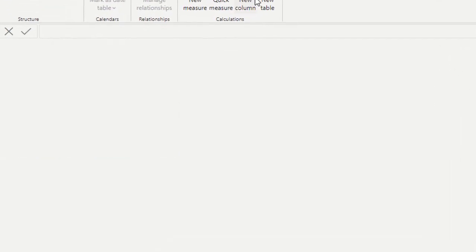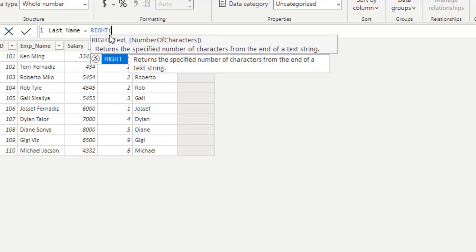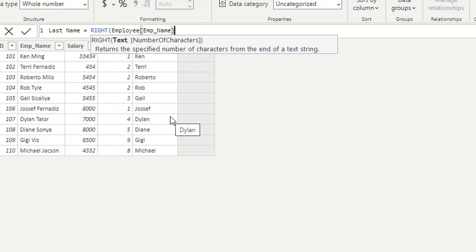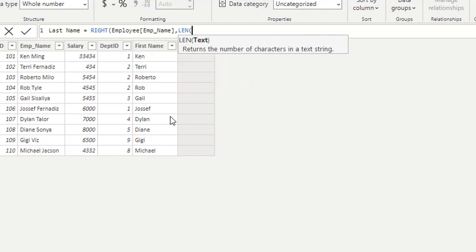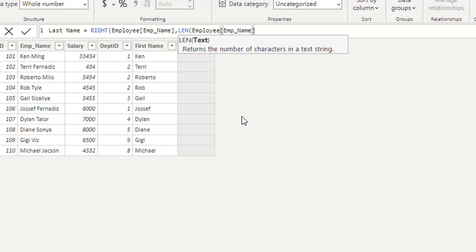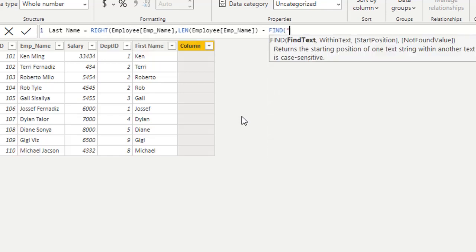New column, then last name, then RIGHT, emp name, then comma, LEN function, emp name, then minus, then FIND function, find, then comma, emp name.